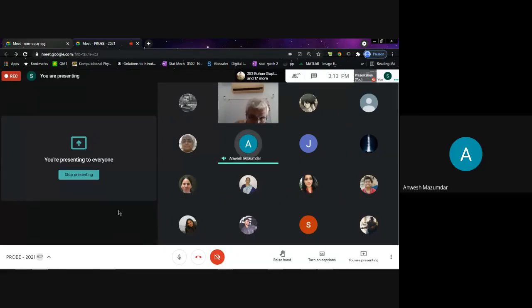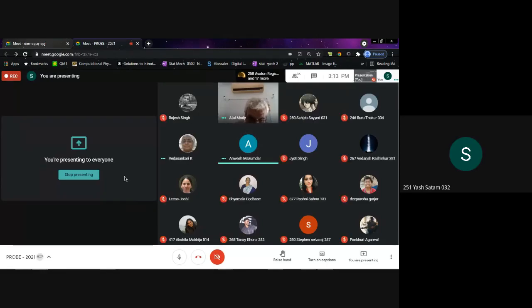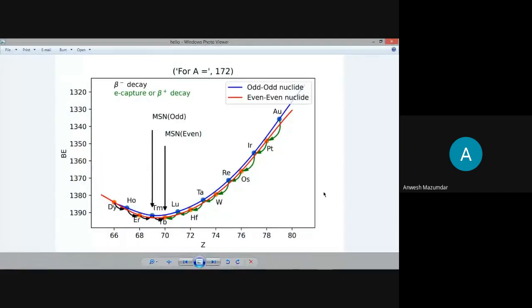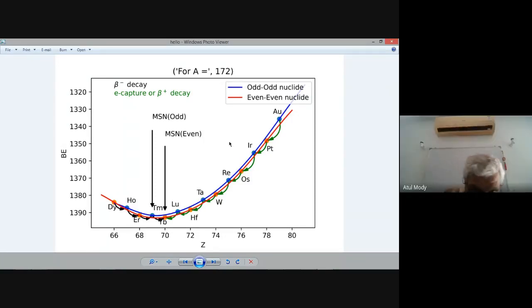I'm just being pedantic. Is it a parabola? The curve that you showed, you're calling it a parabola. Is it a parabola, strictly speaking? Yes, sir, it is, because the graph would be too big, as there are too many nuclides on the left-hand side. But does this curve follow the mathematical equation of a parabola? Yes, sir, it does. How do you know that and how do you justify that?